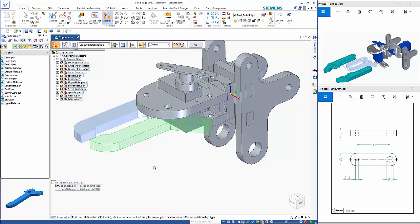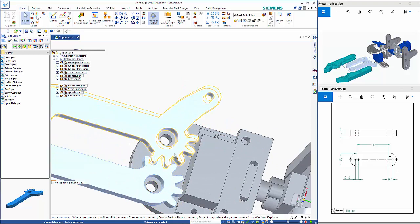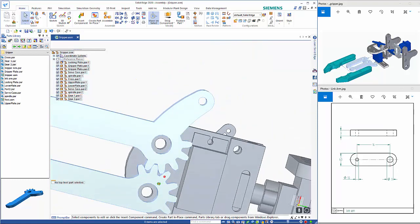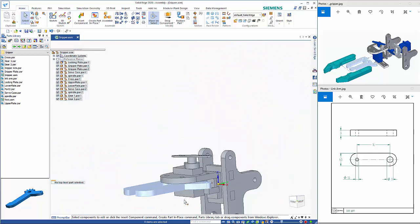And as you can see, it's just selecting faces on that part. So everything else gets taken out. So it's easier to pick up on faces. So having that like that should then give us the sort of meshing that we're after on here, as we would expect. So then we have the